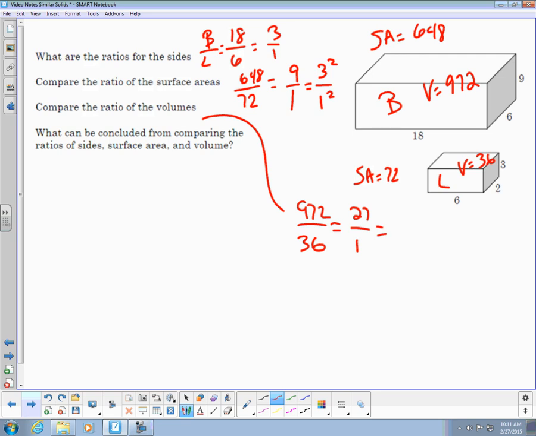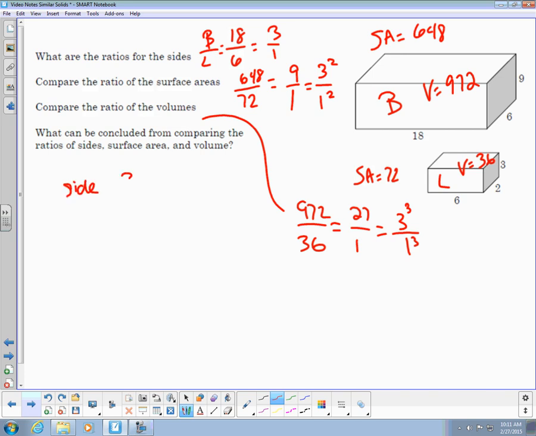So what I can now do is I can rewrite this ratio as 1 to the 3rd power all over 3 to the third power. And 3 to the third power is 3 times 3, which is 9, times another 3, which is 27. Units cubed, ratio cubed. Okay, so every time you do a similarity question, I want to see your side ratio,